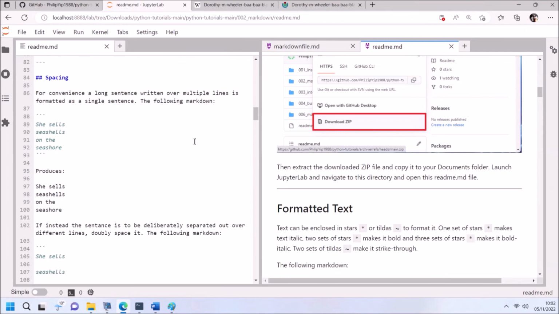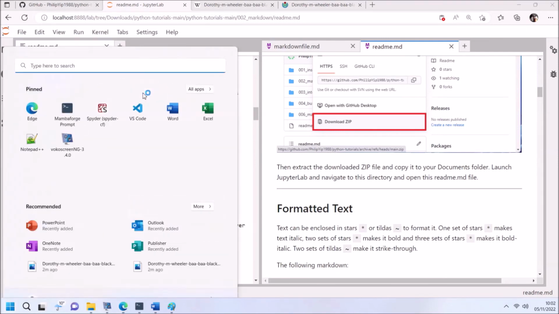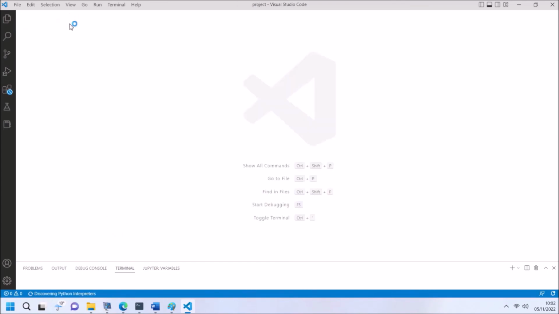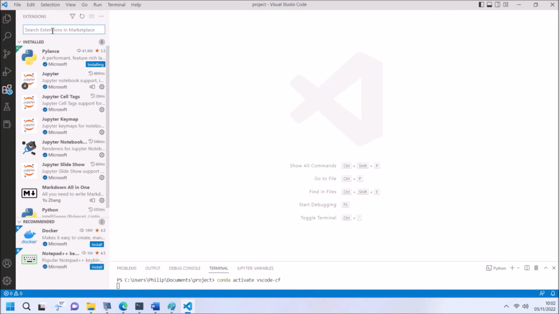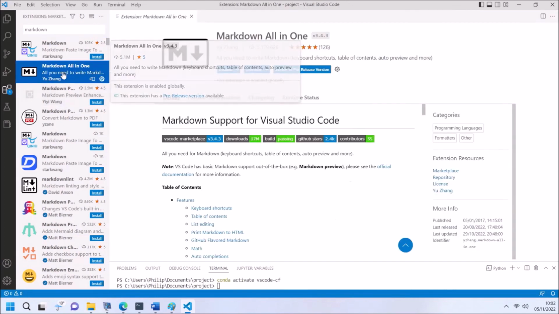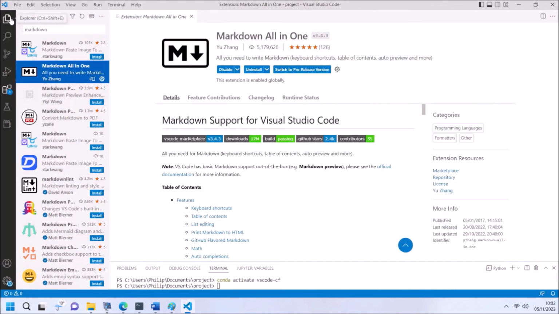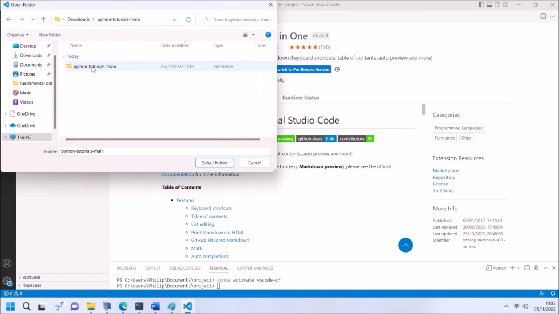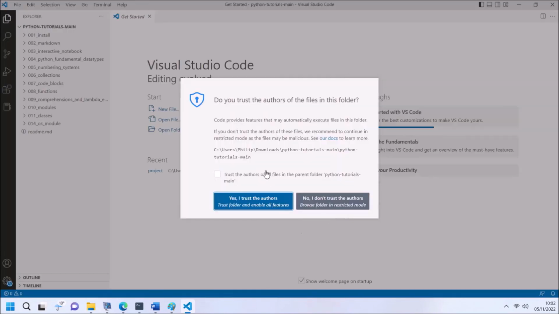So one of the most annoying things in Jupyter Lab is the Markdown preview pane and the Markdown pane aren't linked. So if you scroll through one, it's not going to move the other. And this is fixed in Visual Studio Code. However, it needs this Markdown All in One extension to be installed. So if I go ahead and open up this folder